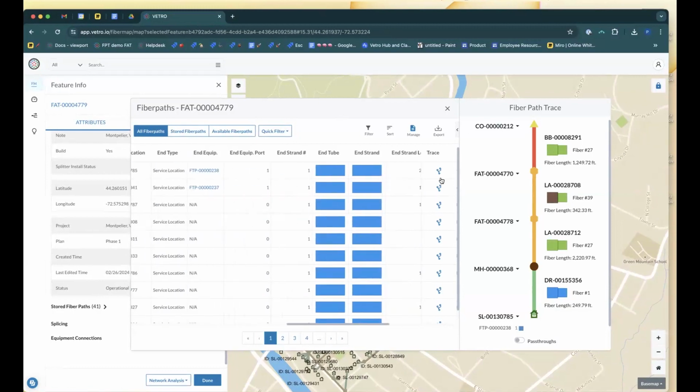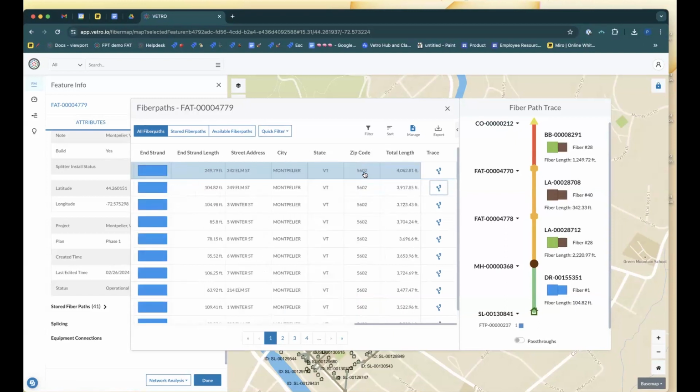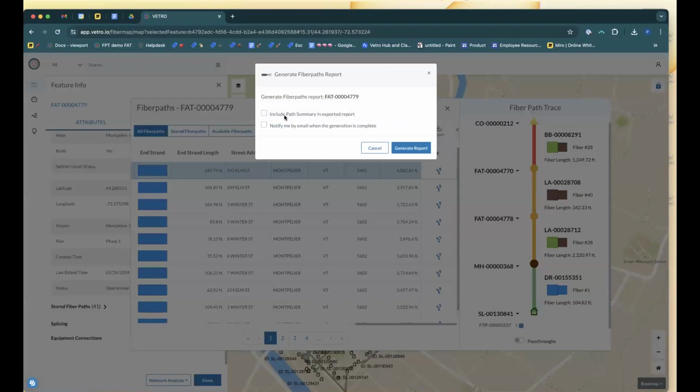Now, the splicing crew might not have access to the fiber paths table in the application, so they won't be able to see this trace, which might be really useful. But we've made it possible to still export some of that detail. The way to do that is by clicking this export button here and making sure you include the path summary